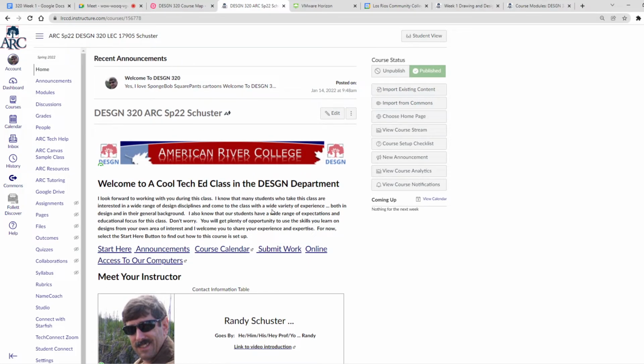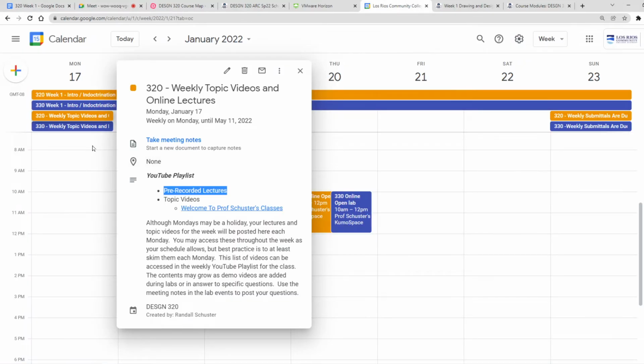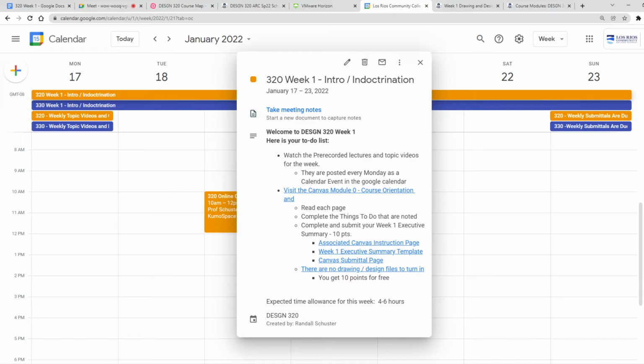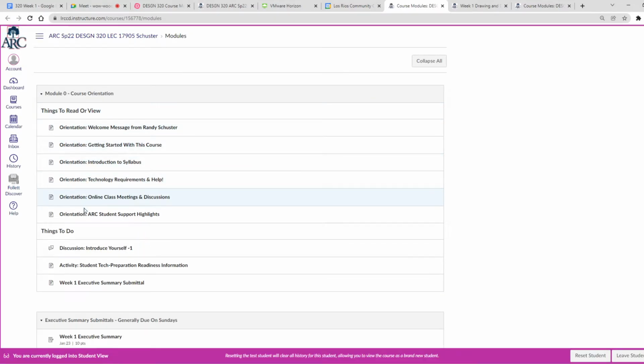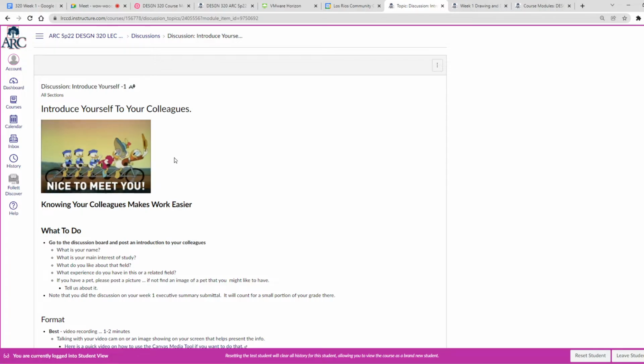Okay. Now, let's take a look and see what I'm supposed to cover next. When to do work and when to submit it. So let's take a look here. Okay. And it'll tell you what to do here. It says visit the Canvas module. Just clicked on my main thing. And my expectation is that you're going to go through, after you've looked at all that playlist, and read each one of these and follow the directions. And then there's a discussion to do where I just like you to introduce yourself.